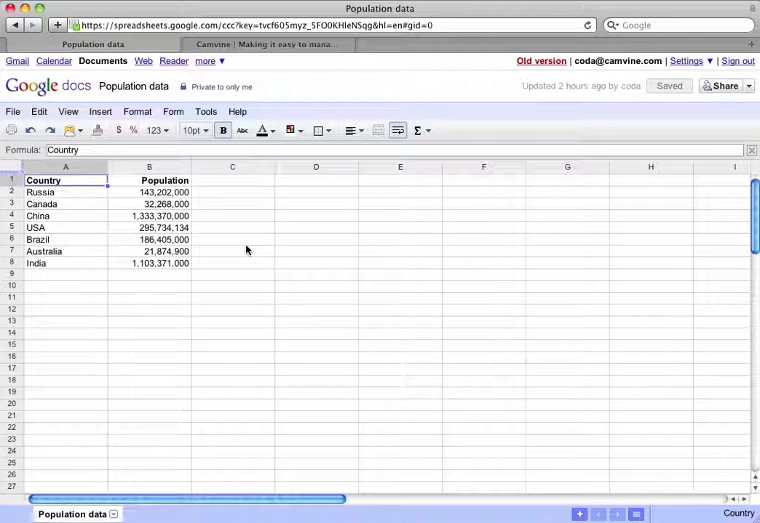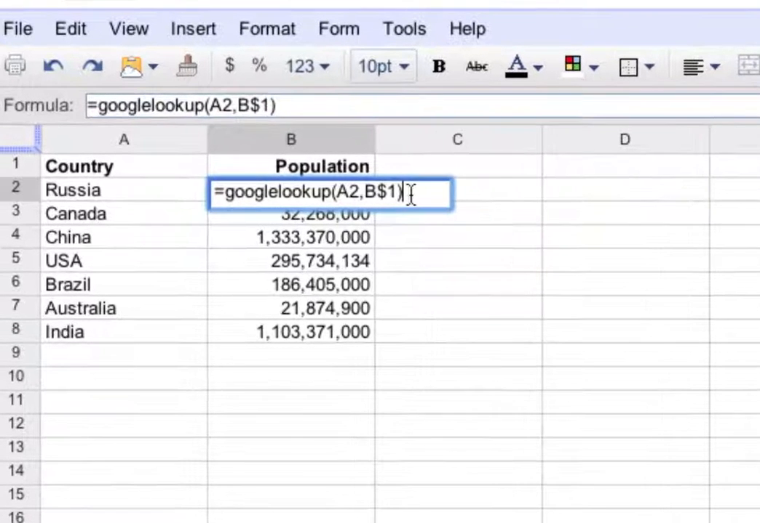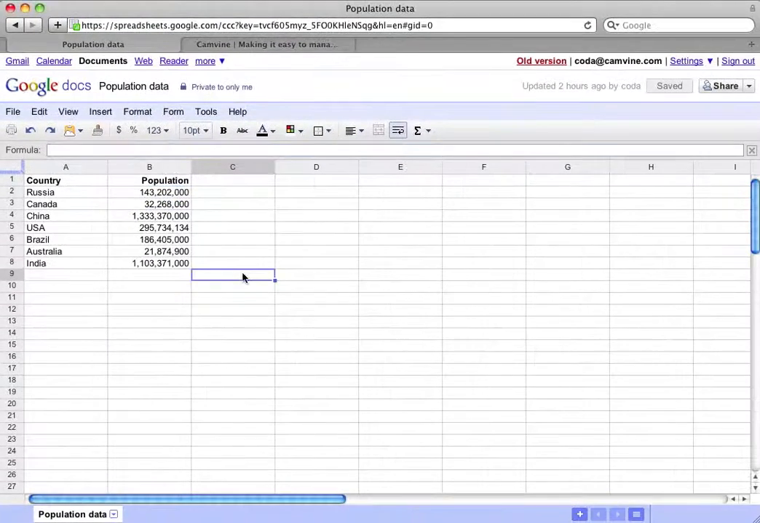Starting from a Google spreadsheet, I'll show you how easy it is to create one of these graphs. This spreadsheet has a few countries' names in it, and I've got Google to do the hard work and look up the current populations. If I now go to